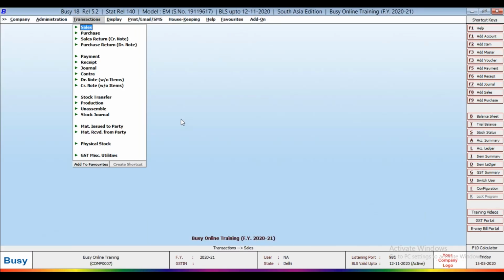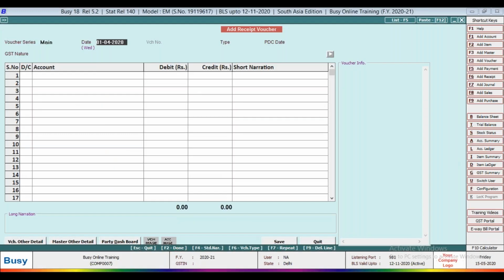Now at the time of receipt, you have to make the entry on the main ledger only. You do not make an entry on the sub ledger. The receipt entry will be entered only in the main ledger because accounting is maintained only in the head office. These are the branch offices, as per consignment branch or consignee agent. You have to make the invoice for the branch party, but at the time of receipt you receive the amount only in the head office.